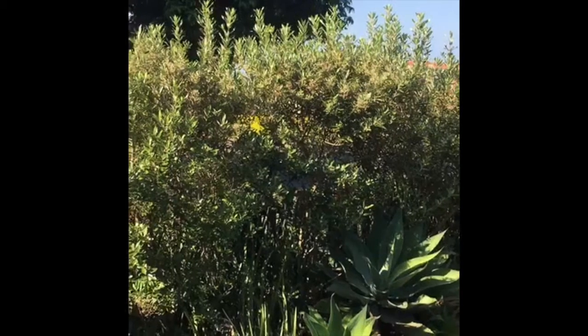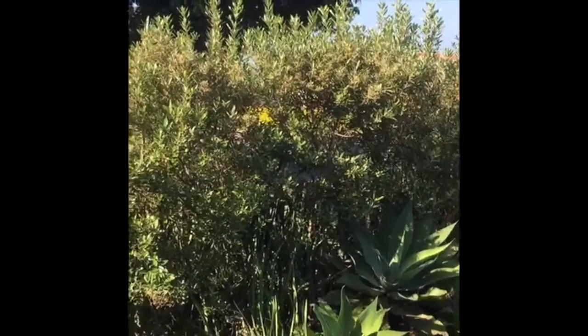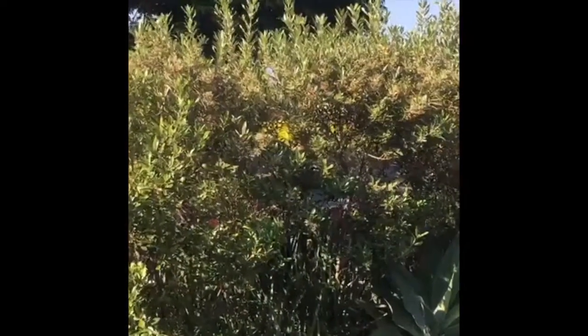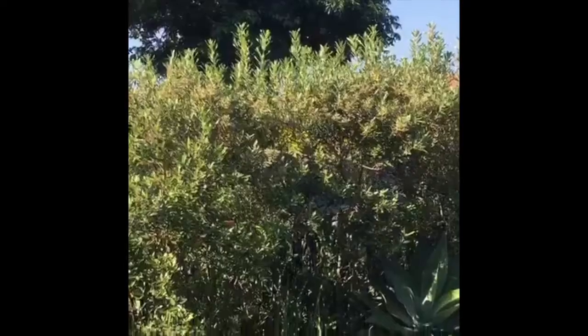Today I'm going to teach you how to transplant a mature shrub. These first two shrubs, part of this hedge, we're going to move to a place where we need some more screening in the garden. And the first thing you do is to actually cut 1/3 of the shrub top off,